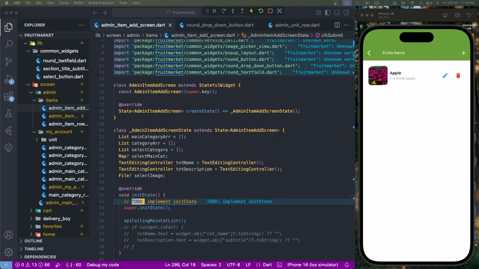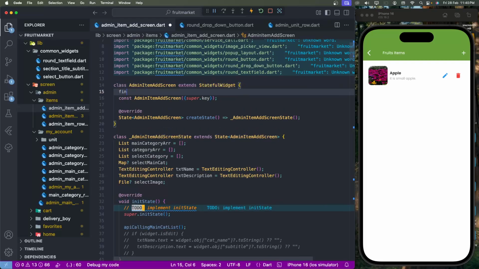Fruit markets app inside. Today we need to manage the admin user side, to edit the fruit items. The UI needs to be managed inside the add screen. First of all, we need the tabs, and we need to pass the final